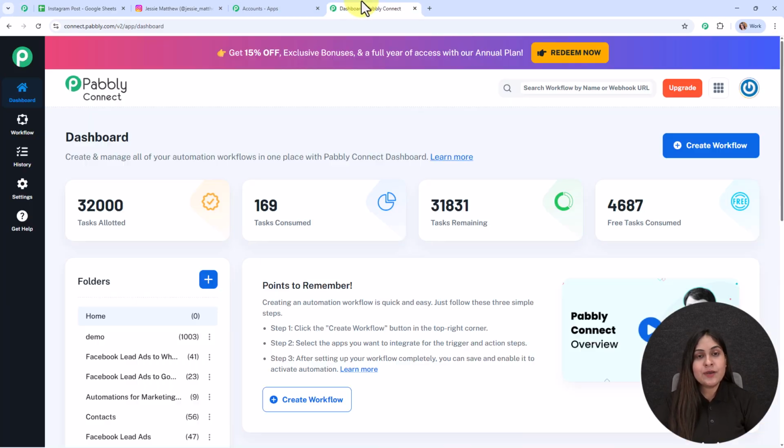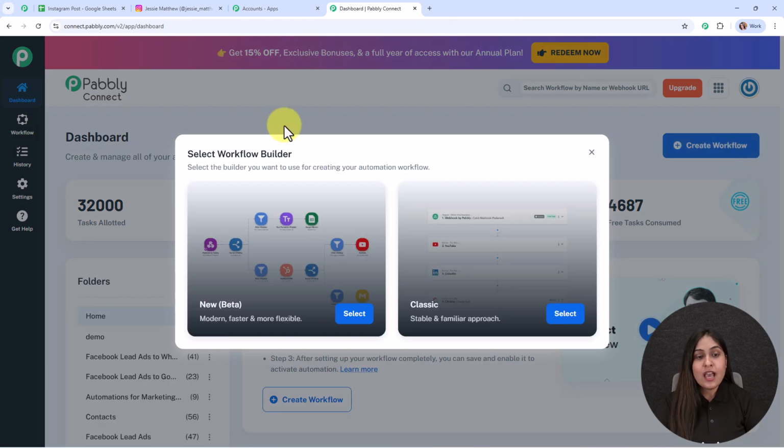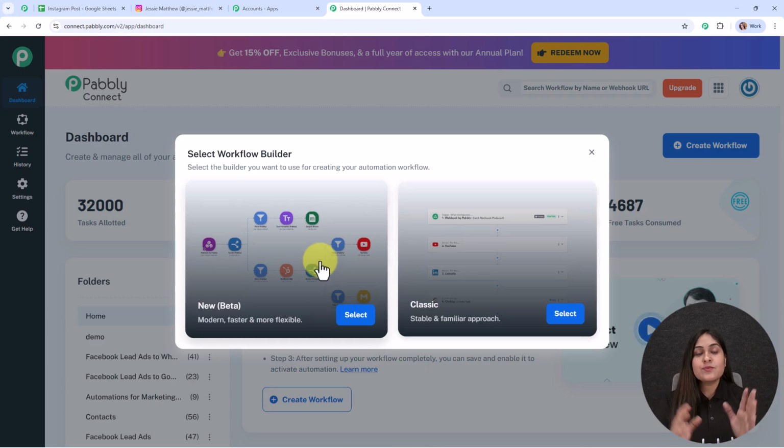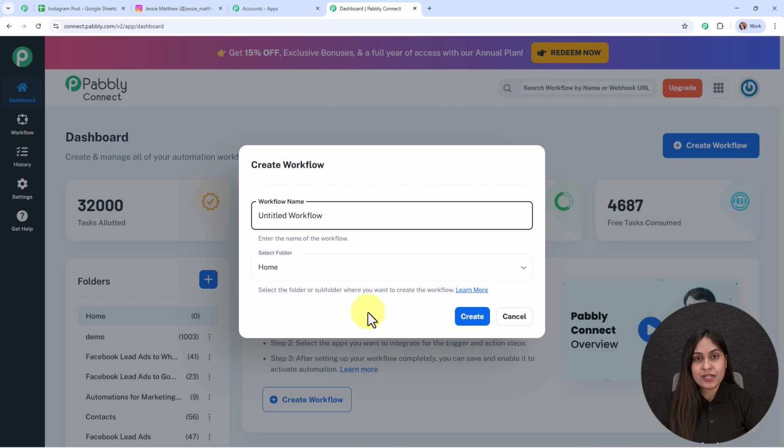Alright, let's move back to our Pabbly dashboard, and here to build a new connection, I need to create a workflow first. So for that, I'm going to click on this create workflow button, and then it is asking me to select the workflow builder. So you can see two options. One is new beta and the other one is classic. So the beta version is modern, faster and more flexible, whereas the classic one is the stable and familiar approach. So in this video, we are going to use this beta version by clicking on the select button,